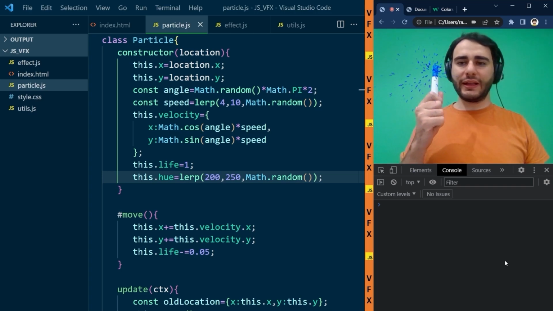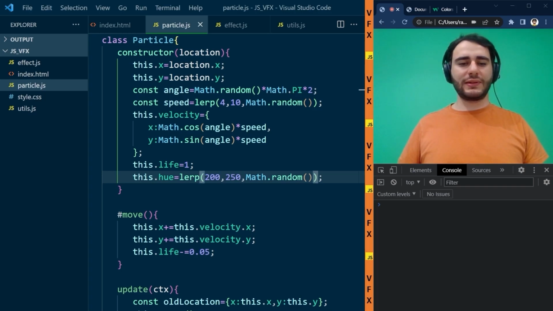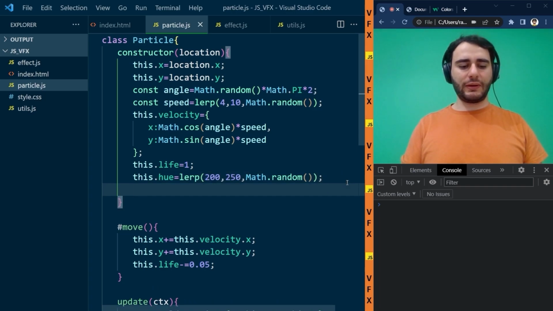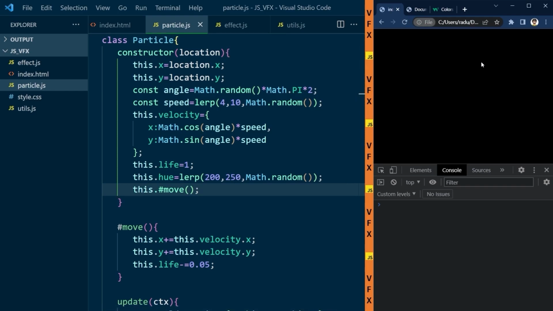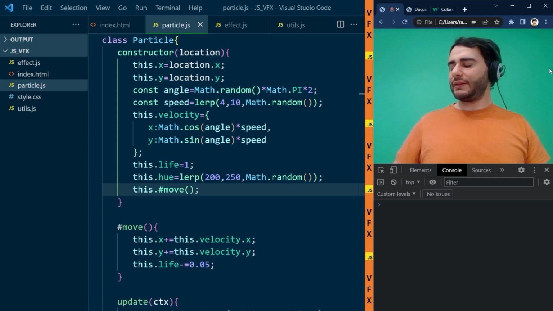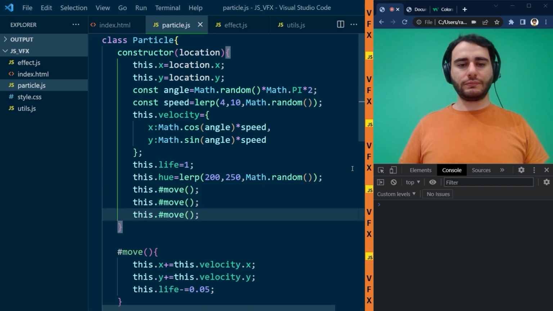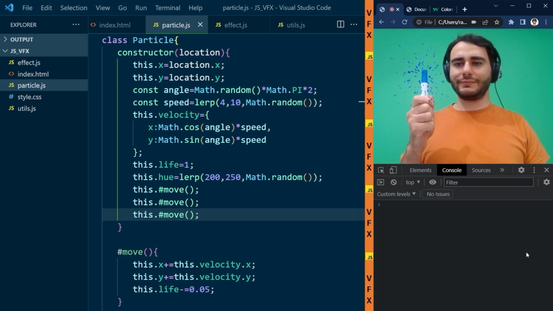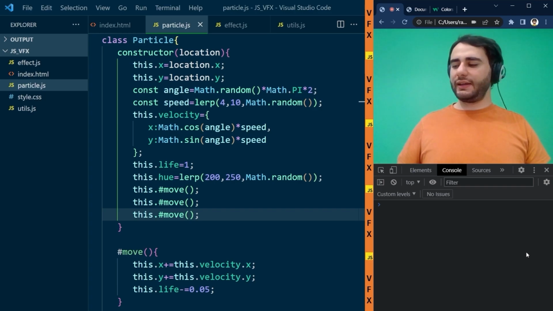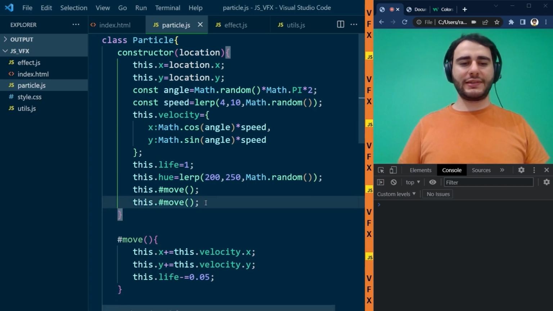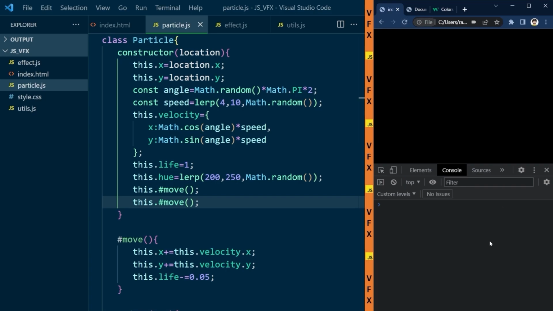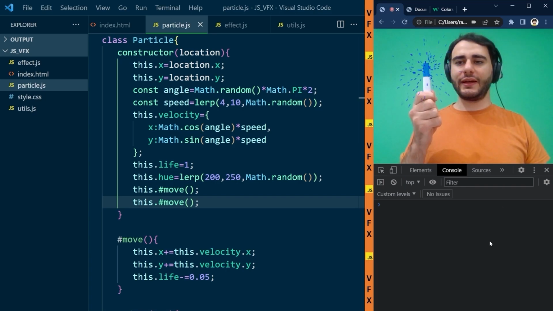And I don't like that all of those things are coming from the middle of the marker. So I'm gonna do something here and actually call this move method once before in the constructor. And now it's a little bit better. Maybe what if we call it a few more times? Hmm. Yeah, I think 2 times would be enough. So let's just do that and see. Yeah, I think this is